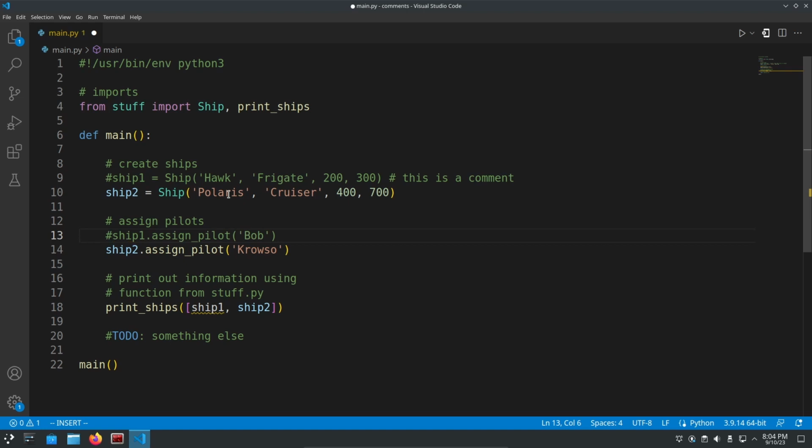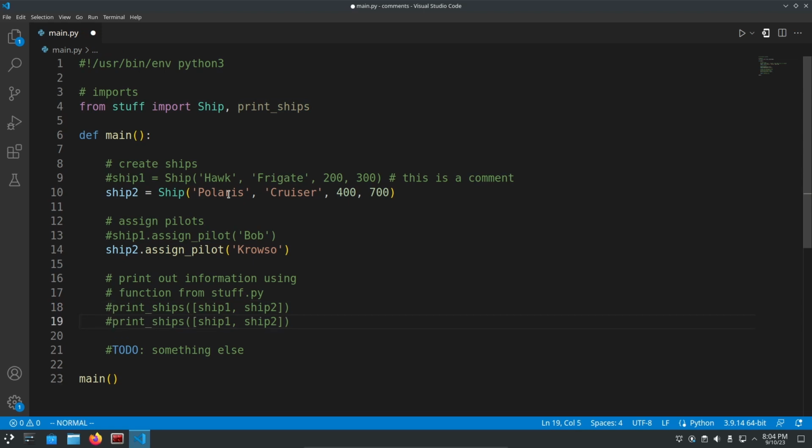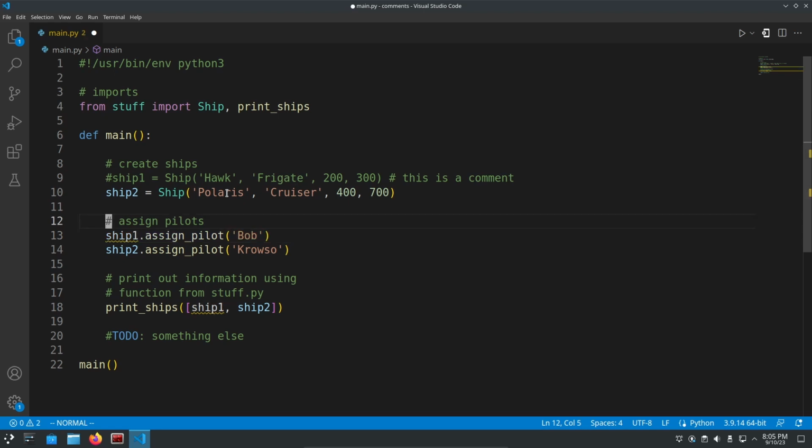add a pound sign here to comment out the assigning of a pilot. And we could technically delete ship 1 here since it's just one ship, but it would be better to comment this out and put a new line right under it temporarily to just print out ship 2. And this way we could just focus on debugging whatever problem might happen to be with ship 2. Simple as that. And then when we're done, I can just delete this line here because we don't need it anymore. Delete that comment. Delete that comment and delete that one, and the code is back to normal and will